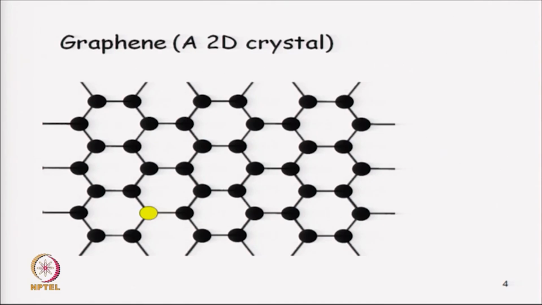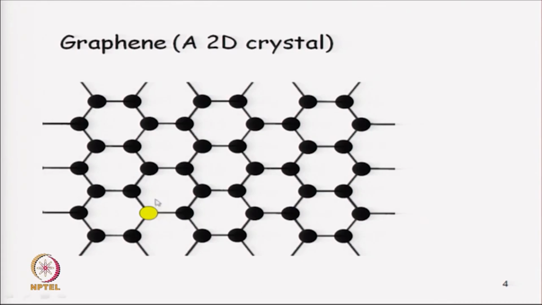If you do this analysis carefully, you will find that all carbon atoms are not equivalent. For example, if you look at the nearby carbon atom, this carbon atom where I have now put the pointer. If I go from this yellow carbon atom to my right a certain distance, I find this black carbon atom. But if I travel the same distance in the same direction, that is on the right, from this black carbon atom, I do not find another atom there. So, in this sense, this yellow carbon atom and the black atom to its right are not equivalent